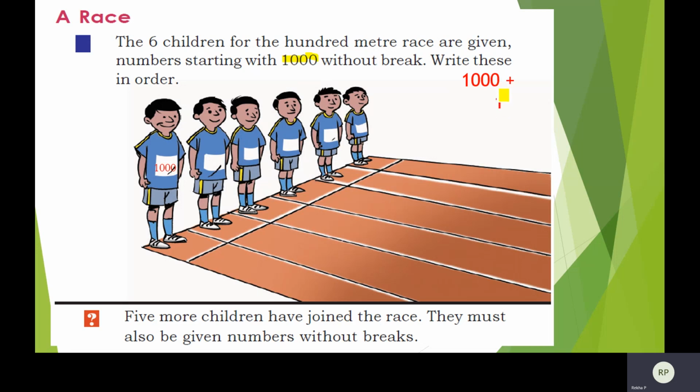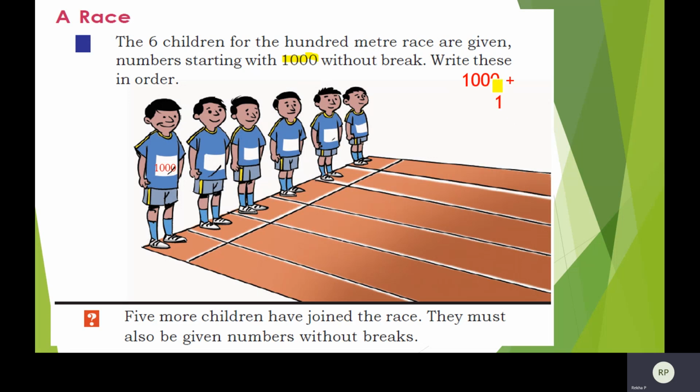Now you have to add these two values, 0 and 1. When you add 0 and 1, you will get 1, and all the other digits you can write directly because you don't have anything to add to them.